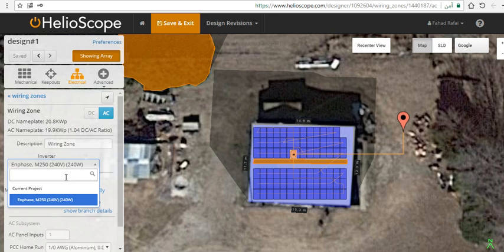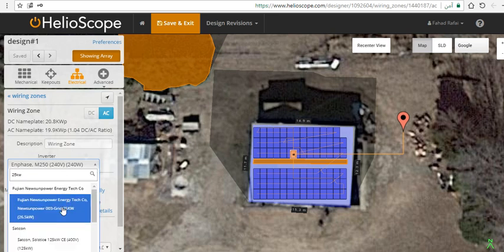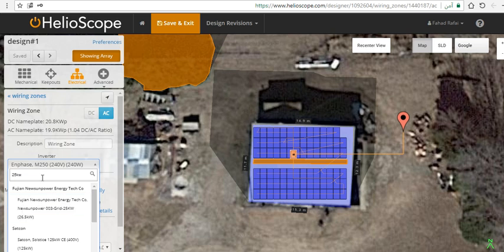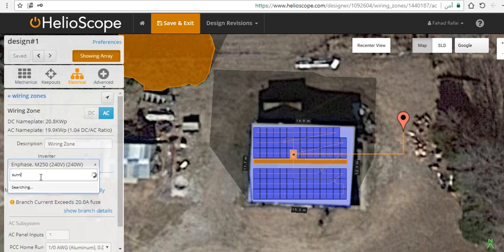So let's say if we have 21 kilowatt, there's no 21 kilowatt, so I choose 25 kilowatt if there is. Yes, I got one. It's called Fujian New Sun Power Energy. It seems like a Chinese inverter. If you want to use this, but if you want to use a certain name like Sunny Boy,